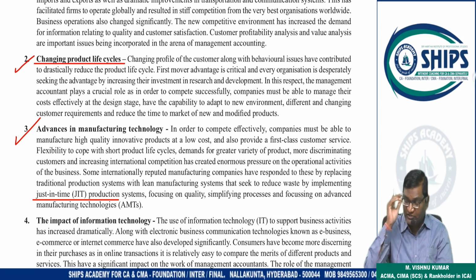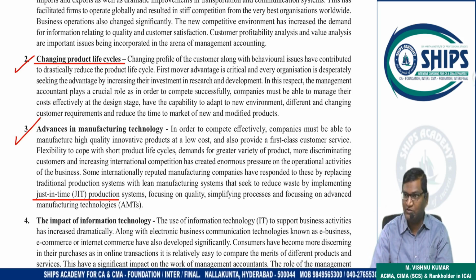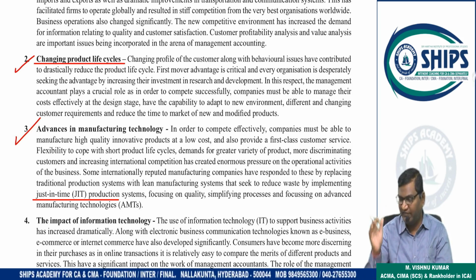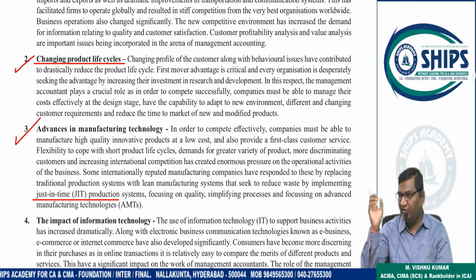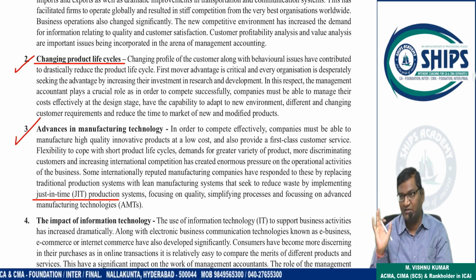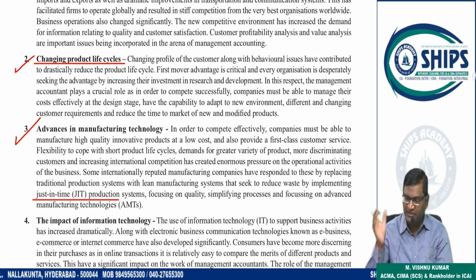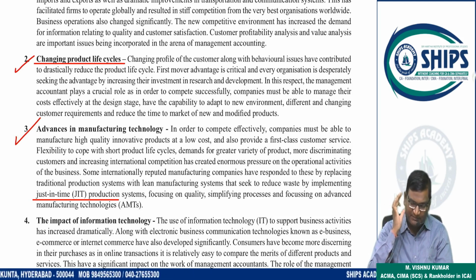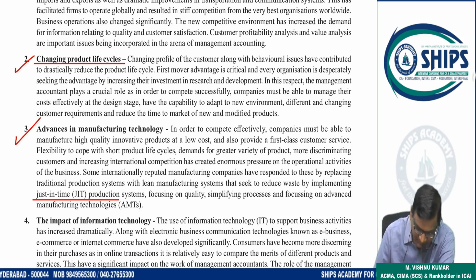Because of wastage, organization has to suffer, profits will be affected. So ultimately they will focus on what? How to eliminate wastages. So this system of costing is called as lean management, lean system. Clear? All this you will study in final level. ये सब final में पढ़ोगे आप. Okay?